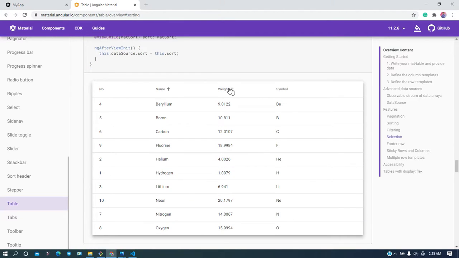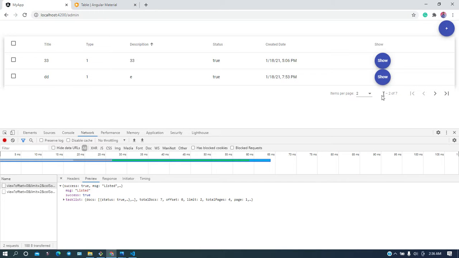But if you use dynamic, and you click here on ascending or descending, then based on your request the data will be fetched from the database. That will be super fast. Suppose 1 lakh of data is available. If you get the total 1 lakh of data, then your application will be very slow. So what you do is, per page you get only, suppose, 2 or 5 data, by default maybe 10 or 20 data.